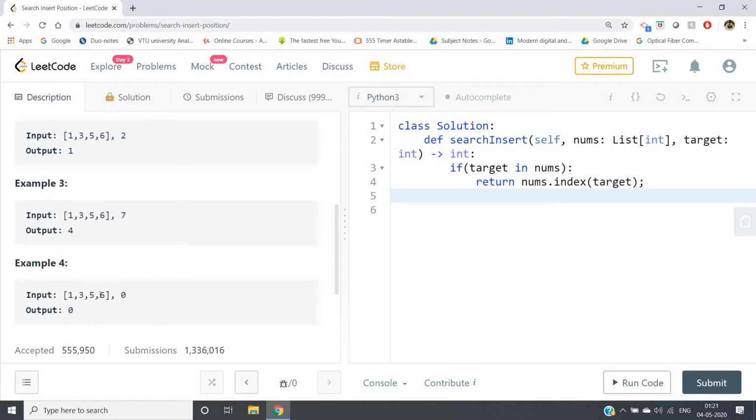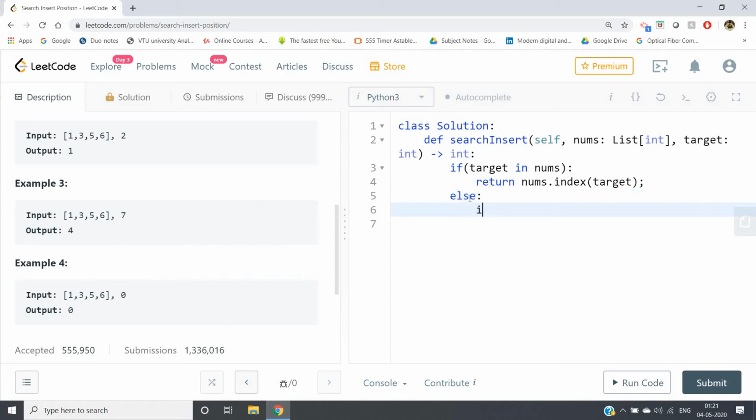And one more case, suppose the target is lesser than the minimum of our input list, then it has to be put in the beginning, that is the 0th index always, right? So we can take care of those two extreme cases.